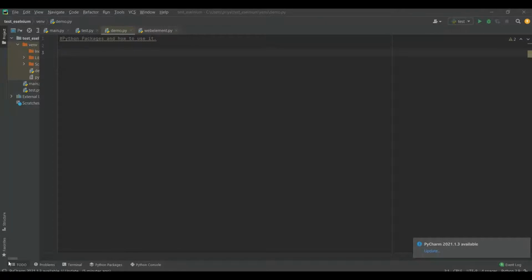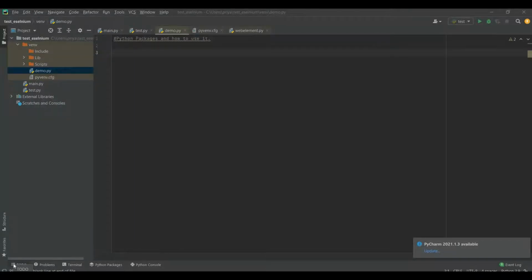Now there will be two values required. The first one will be the search engine which we want to hit, like we want to search our query in Google, or in Bing, or in ask.com, or whatever the search engine is. And then the next thing will be the search query, what we want to search. So this is the function fetch search result, and it will take two arguments. First is the search engine, and second is the search query. So this is the definition of arguments.